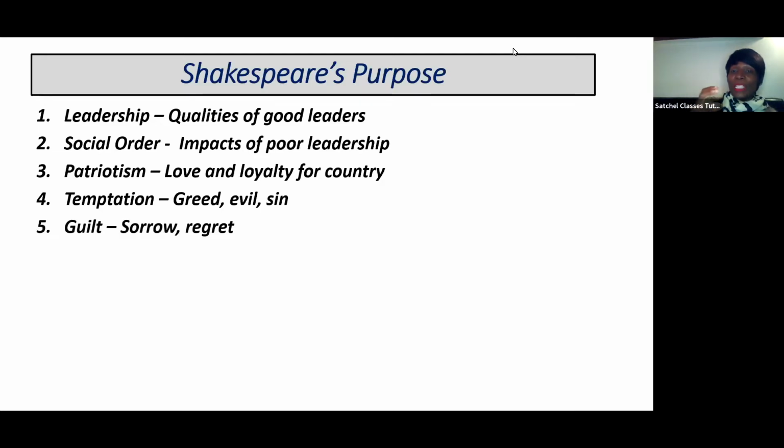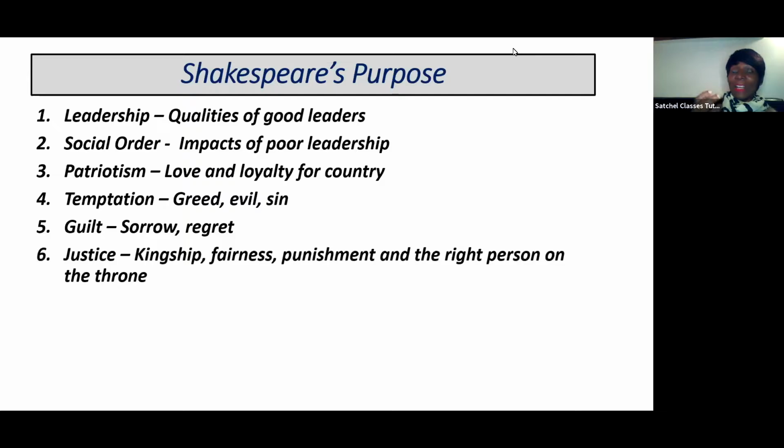Shakespeare also uses the whole play to look at guilt and sorrow, mainly through the character of Lady Macbeth, who was the catalyst at the beginning, and yet remember, she crumbles at the end. But we can also see that guilt, the sorrow and regret in Macduff, and his character really represents ideas of sorrow and regret, and he uses that guilt to fight back.